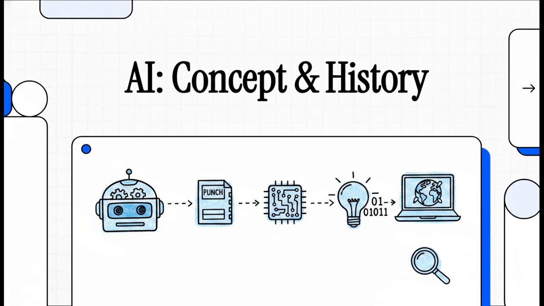Today, we're diving into something you have probably been hearing a lot about lately, artificial intelligence. We're going to break down exactly what AI is, where the idea even came from, and how it actually works out there in the real world. We'll look at how brilliant minds have tackled this massive puzzle over the years. So let's just jump right in.